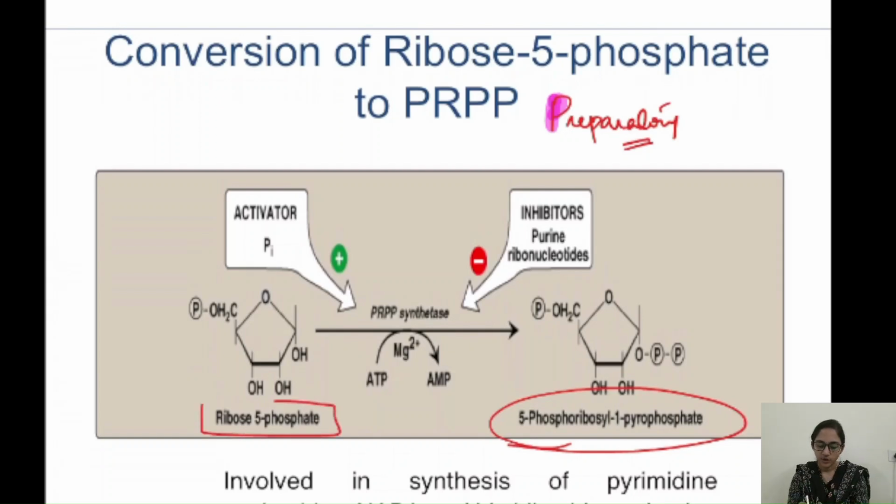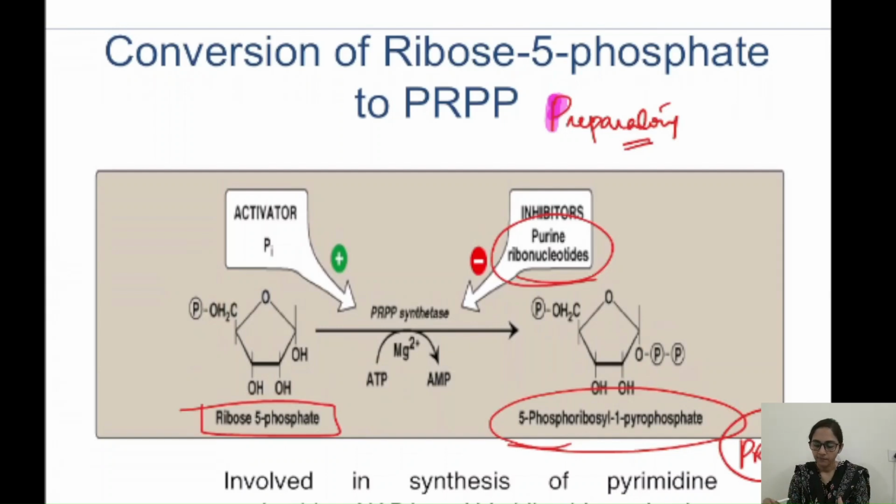So the ribose 5-phosphate has a ribose to which a phosphate is attached. The enzyme is PRPP synthase, and it uses an ATP. Why does it use an ATP? The 2 phosphates of this ATP will be incorporated into this ribose 5-phosphate, forming phosphoribosyl pyrophosphate, which is nothing but our PRPP. Now, what are the inhibitors of this enzyme? Of course, the inhibitors of this enzyme will be the products of this pathway,